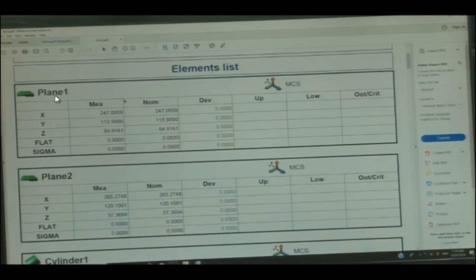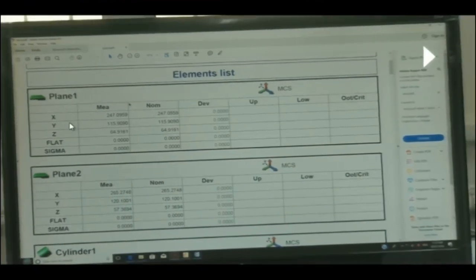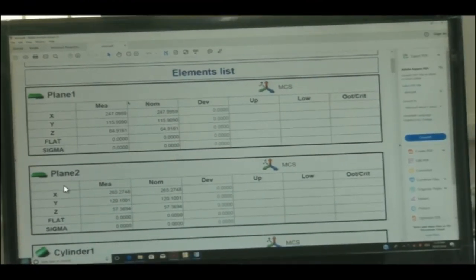We have generated this plane and the dimensions of the plane x, y and z, measured, nominal, and the deviation, okay. Then upper and lower, these tolerances can also be obtained from here. Then plane 1 we measured first, then we measured plane 2 dimension for that.